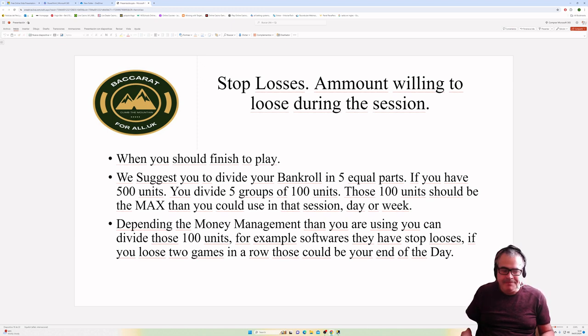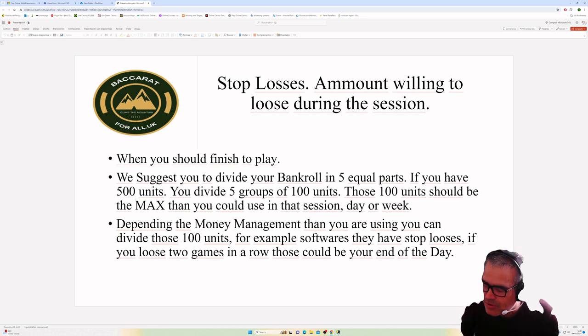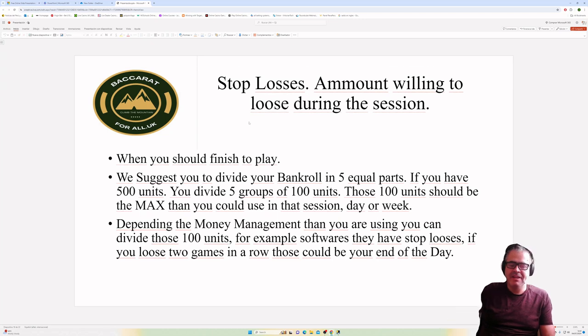So we are going to see which money managements are the best ones, or suitable for you. You need to see your style of play. Okay, so I already explained what I mean by stop loss. The stop loss is the amount where, when you lose that money, you should stop playing for at least a day. When things go wrong, it doesn't get better. So the best thing is to wait for the next day, have a nice sleep and come back the next day.